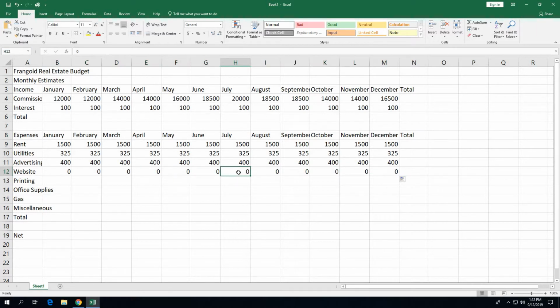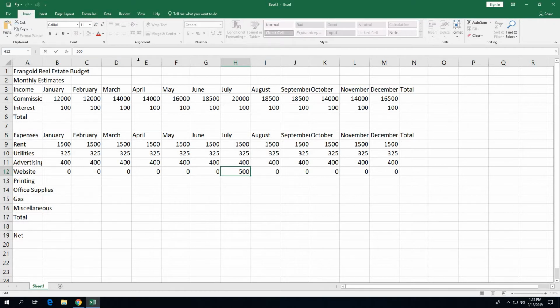So we're going to double click on cell H12, which is the July website expense. When you double click on a cell, it opens up edit mode in the cell, and then you can just type in what you need to type in for that cell. So type in 500 into cell H12,